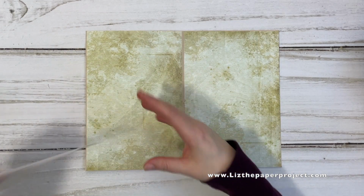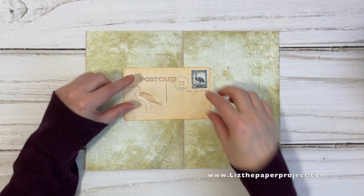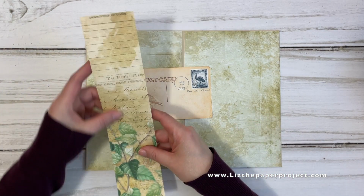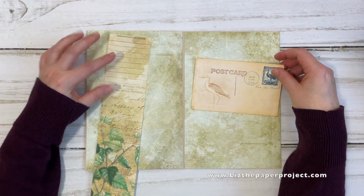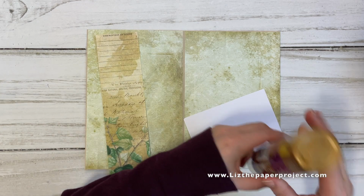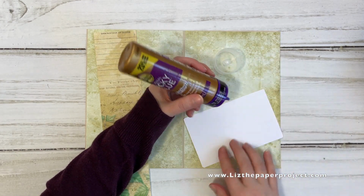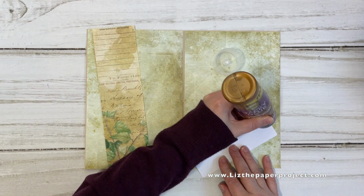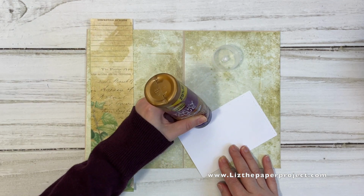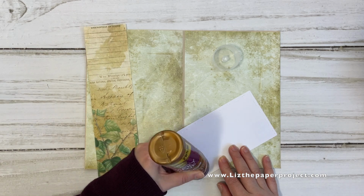So now moving on to the inside, I'm just going to add some really easy pockets, again using the digitals that we have in the kit, some leftover pieces that I've cut out from making the covers, like the cover pages for the sizes. So I'm using this one piece from the kit that will become a pocket,